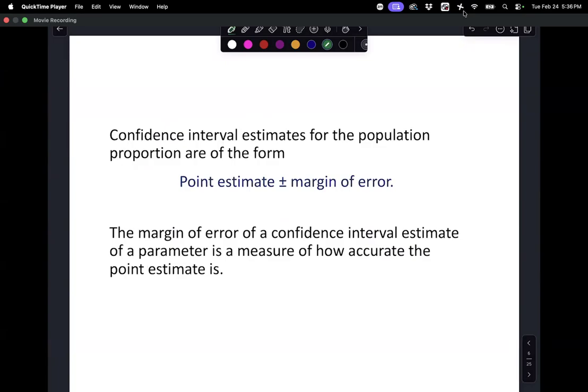All right. This is one of the ways that our confidence interval looks. You would take your point estimate, which of course is the number of successes divided by your sample size, plus the margin of error and minus the margin of error. So if it was 45% with a margin of error of 3%, it'd be 45% plus 3% and 45% minus 3%. That's why we have that plus or minus in there, because you're both adding and subtracting that 3%.